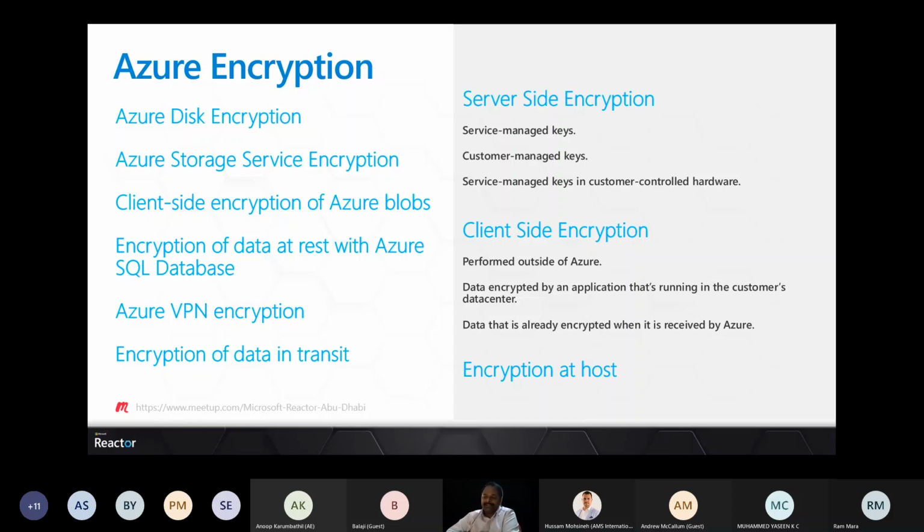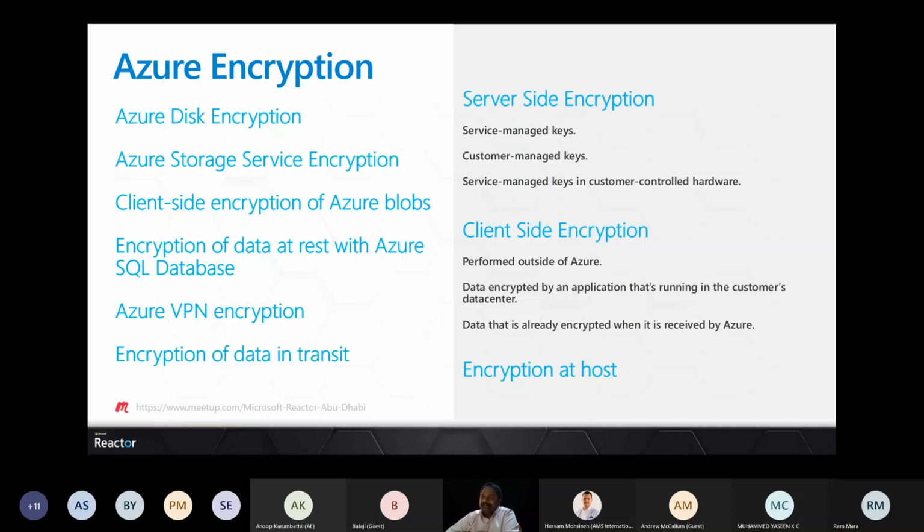We talk about Azure SQL Database, which has multiple options to secure your data, such as column-wise and row-wise encryption. We also talk about Cosmos DB. There are various service offerings which have this encryption feature that can be enabled, even Azure VPN. So these are just a few Azure services where this encryption feature can be enabled to safeguard the data.